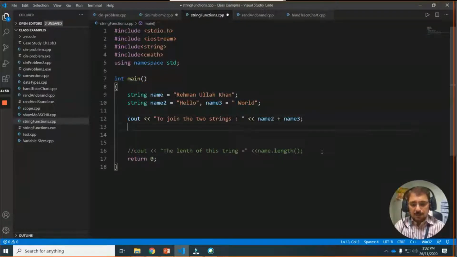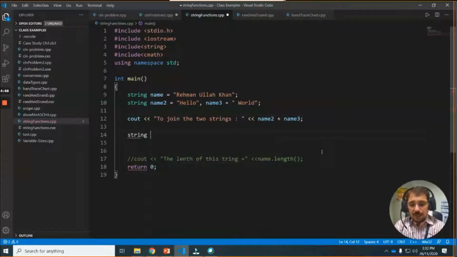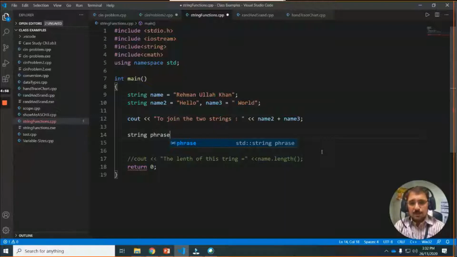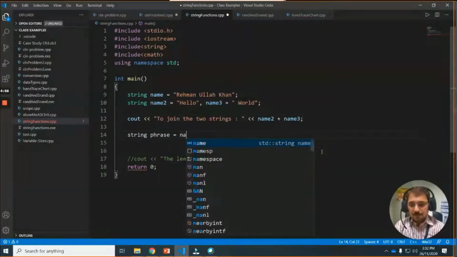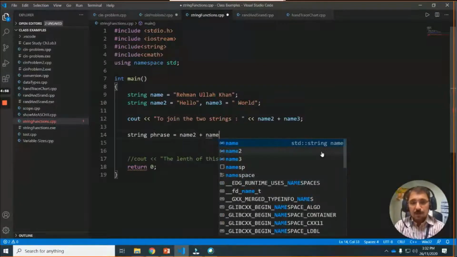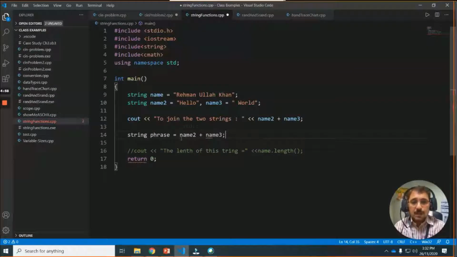Let's suppose you have another string variable like phrase equal to name2 plus name3 semicolon. You can do it like this also. Then the concatenated, joined word will be assigned to phrase. But another easy one,